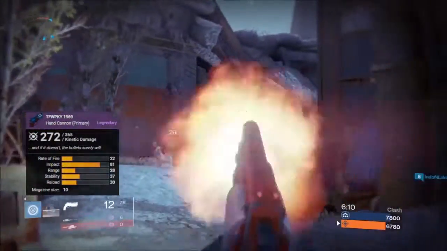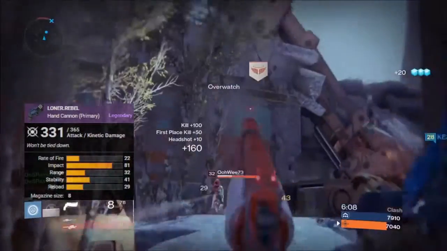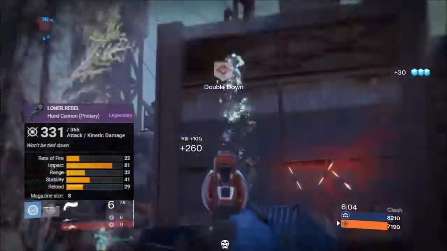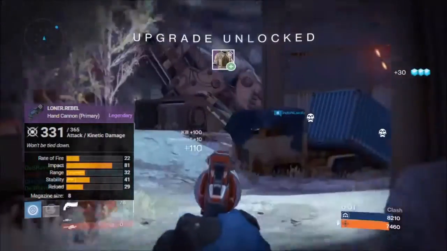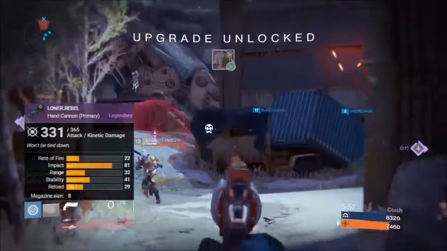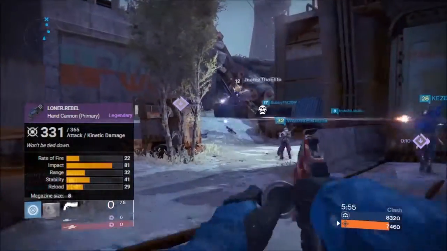+15 aim assist. And we keep this train rolling right into the House of Wolves hand cannons, starting with the Loner Rebel Dragon Strike reward. Holding a -8 to range, a +9 to stability, -4 to reload, -4 magazine count, and -11 to the aim